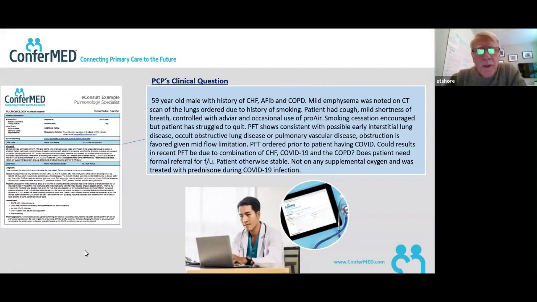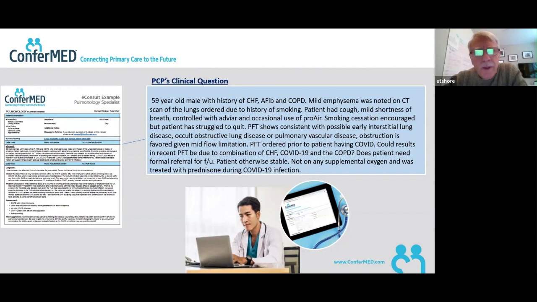So the most important thing regarding a consult, whether it's an eConsult, an in-person consult, a hospital consult, is the formulation of a question. If you don't make a clear question for your consultant, you're not going to maximize the outcome. On the screen here is an example of a PCP's clinical question, and it has a lot of good